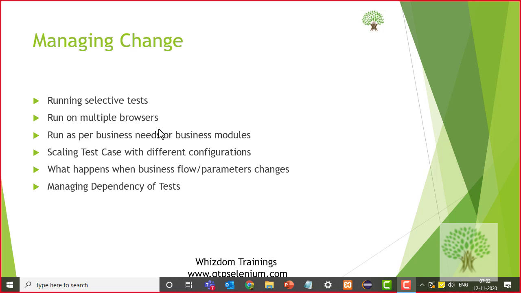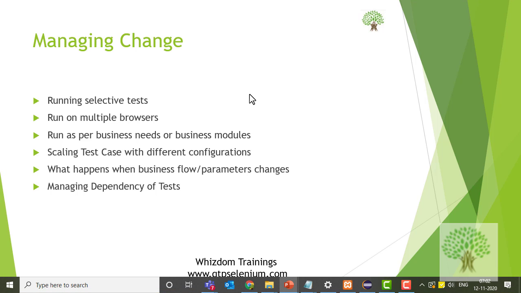Okay, let's start with TestNG, and the main motive of learning TestNG is that we can implement test cases and all. We'll start with the basic features and we'll go on to the project and all. So basically we'll see how to run selective test cases, run test cases on multiple browsers, because these are the